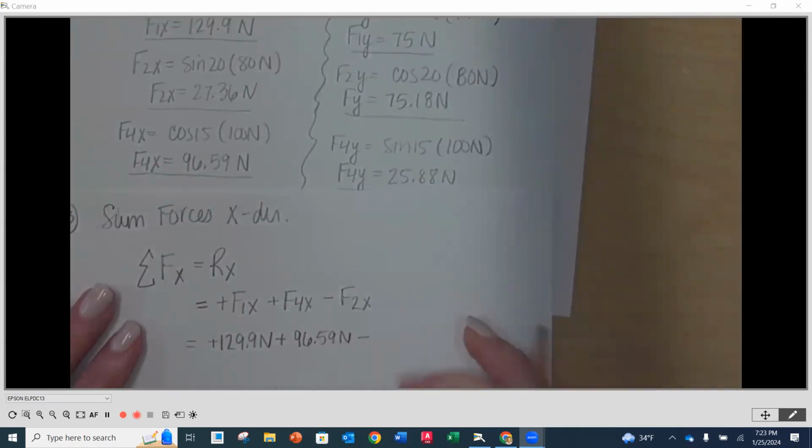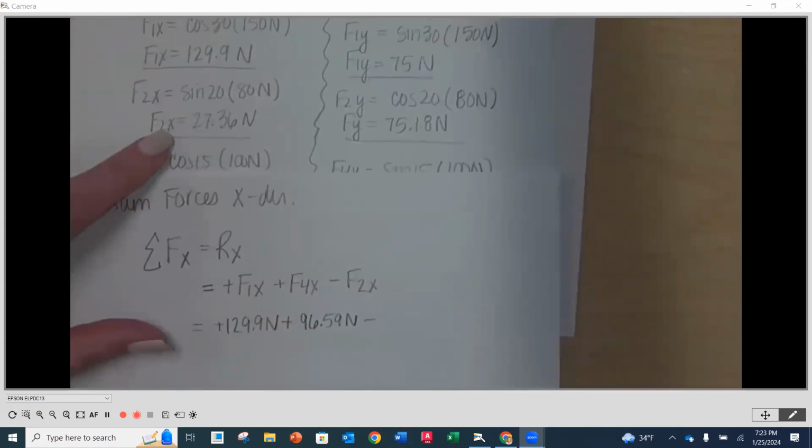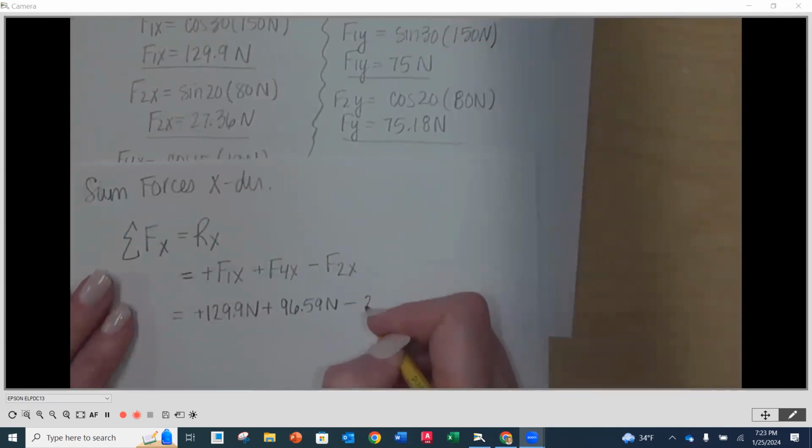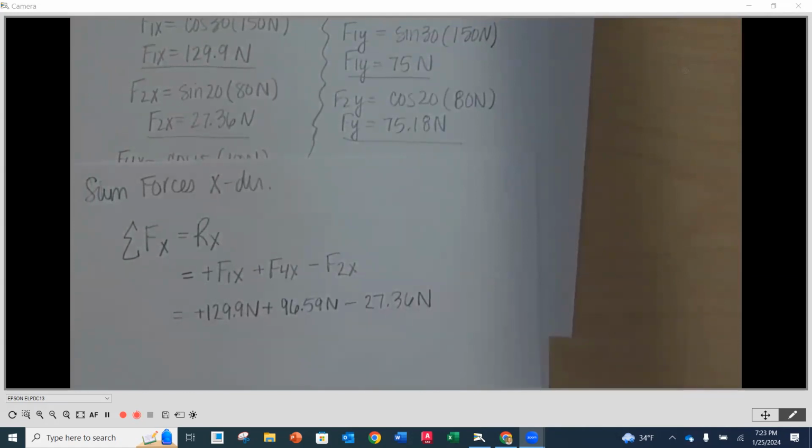And then minus F2X, that was 27.36 newtons. Okay. And now because they're along the same line of action, this becomes an algebraic problem for me, right? I just add and subtract based on their sign. So my resultant X component will equal,